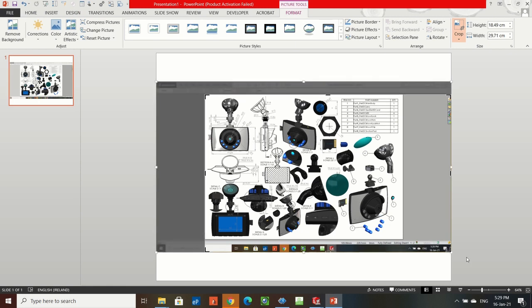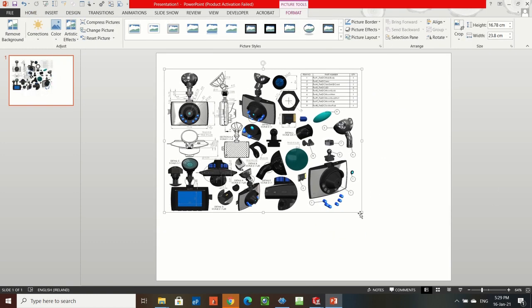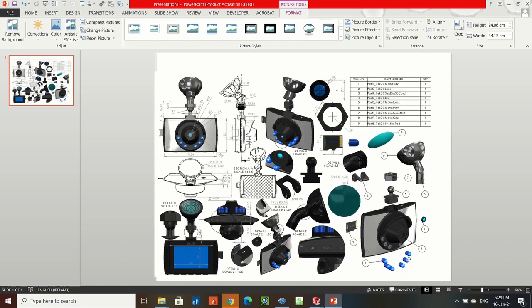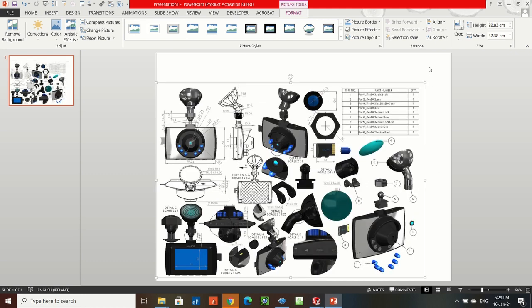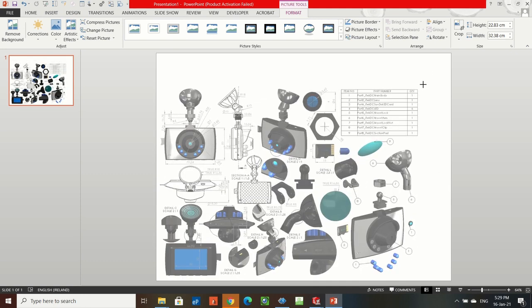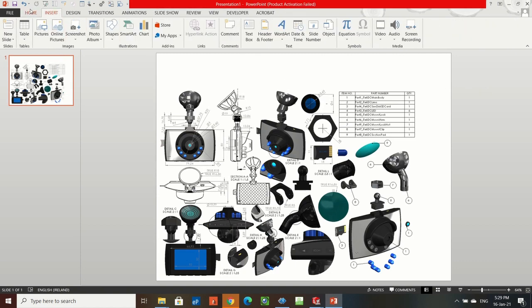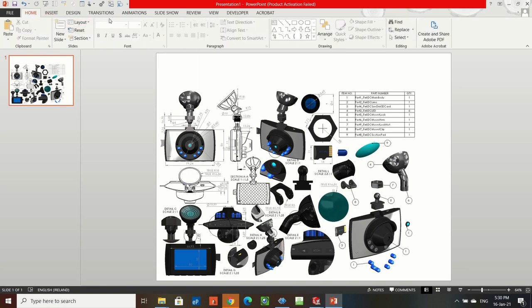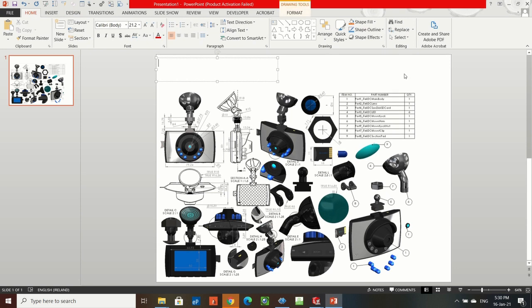I'm going to crop it to the edges, like so. And then I'm going to drag it out. Now the only thing is I don't want to drag it fully out at the moment. I want to leave a bit of space because I'm going to have some of those photorealistic views. I'll just insert a temporary heading here to make it look like an output page. So what I'll do is insert text box. I'll go output